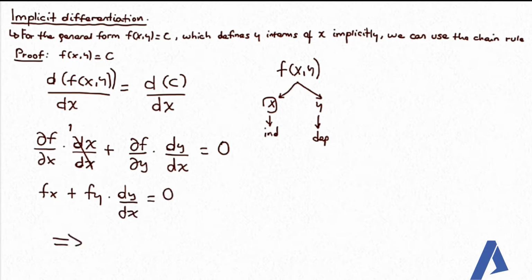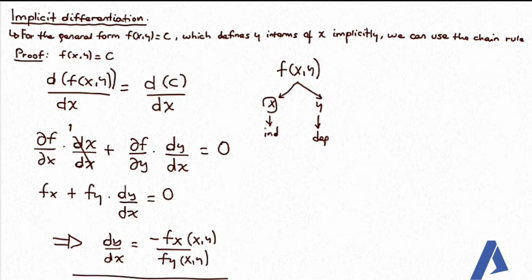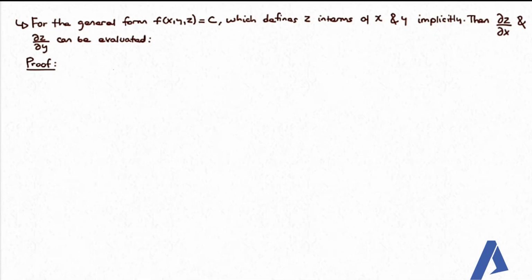ስለዚህ ይህንን ኢኩዌዥን ሪአሬንጅ በማድረግ we can find dy by dx which is equal to minus fx over fy. fx and fy are functions of x and y. ስለዚህ በዚህ በቀላሉ implicitly differentiate በማድረግ dy by dx ማግኘት እንችላለን ማለት ነው።